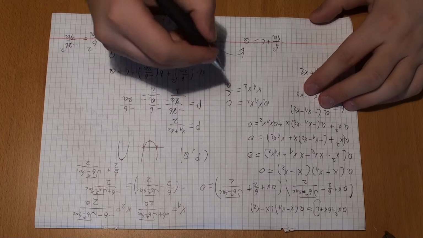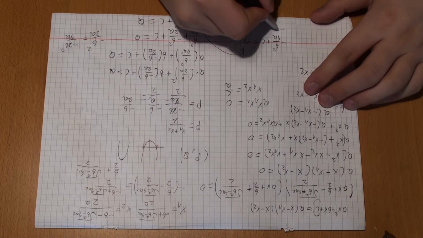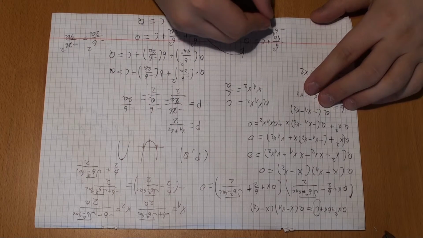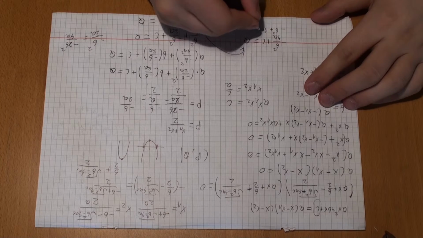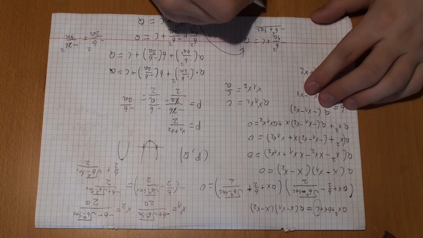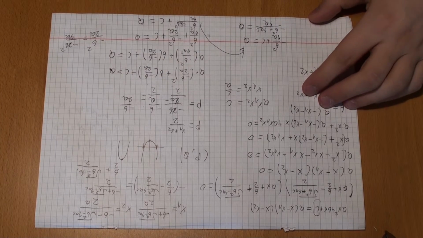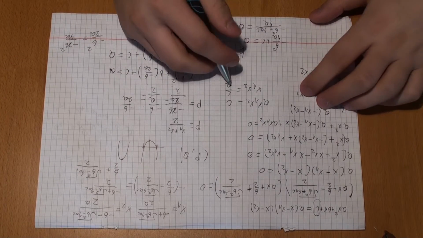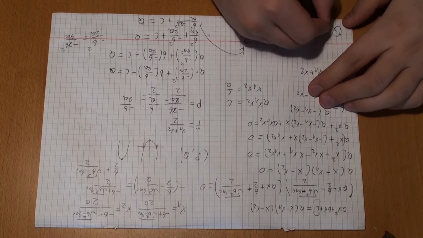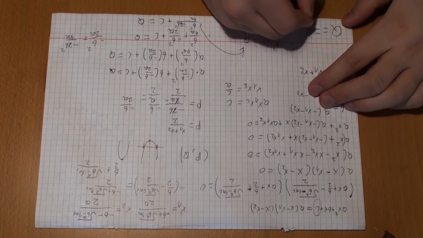We can put it here, so minus b squared plus 4ac over 4a equals q, and that's basically minus delta, so q is equal to minus delta over